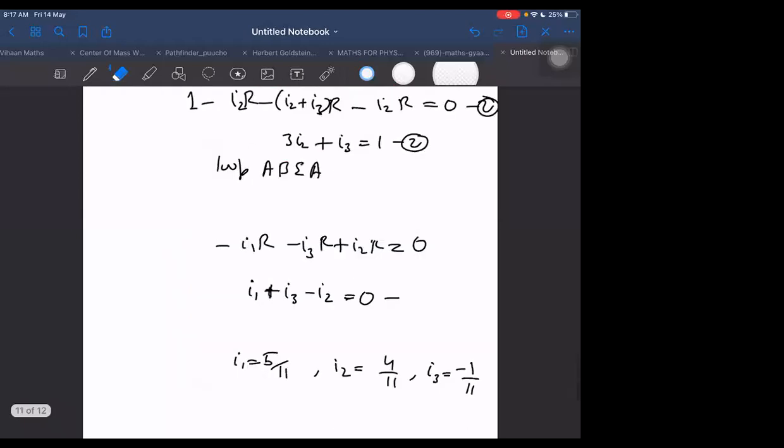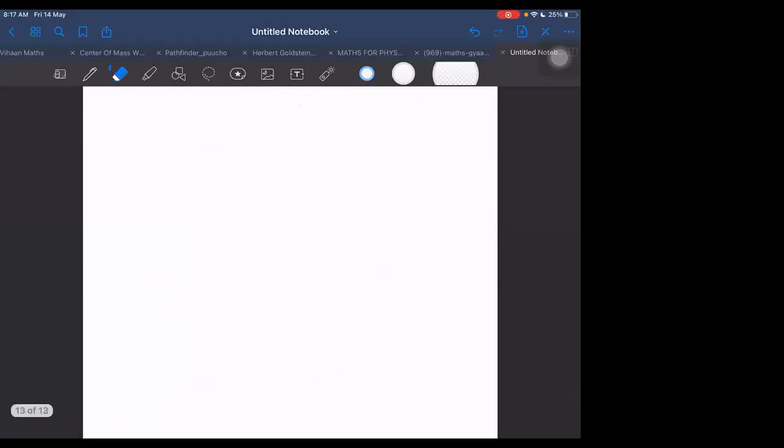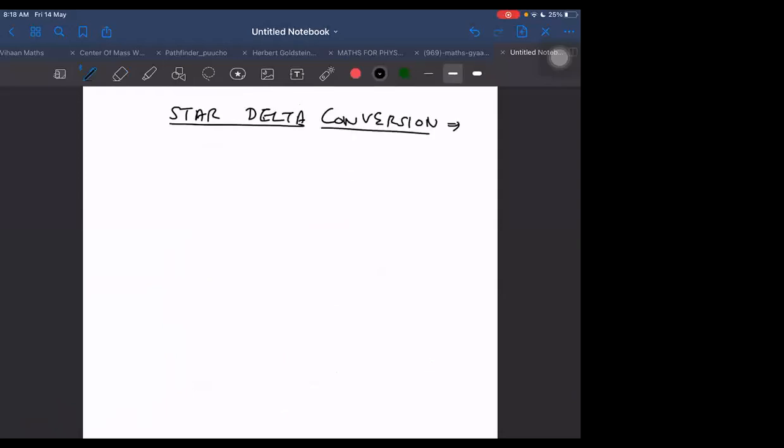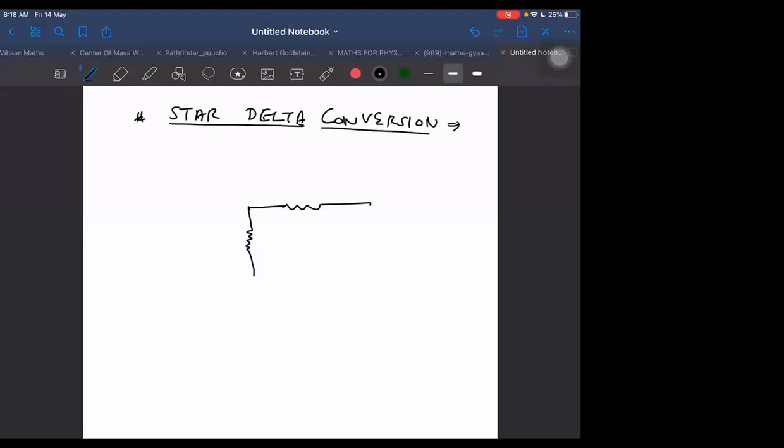Because I want to introduce a third method for doing this, and that is very important here. The third method is star delta conversion. While I'm writing this method, I'm warning you never to use this method unless it is very, very easy to use. Where it will be easy to use, I'm telling you now. Never ever use this method unnecessarily. But in some places, you will find it convenient.